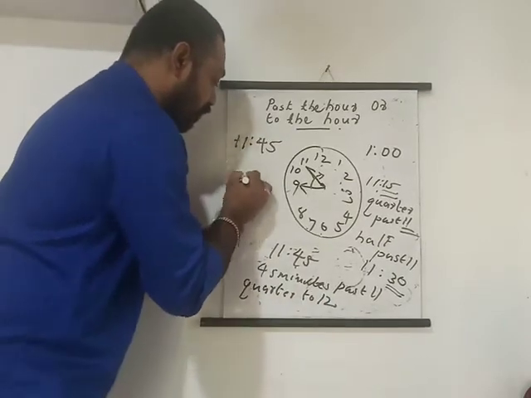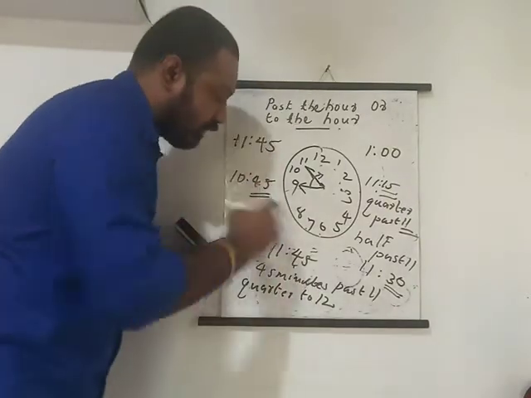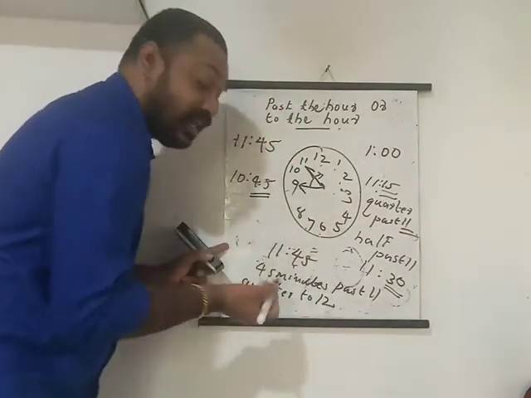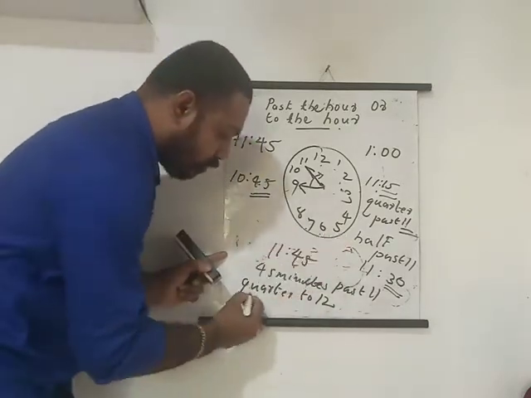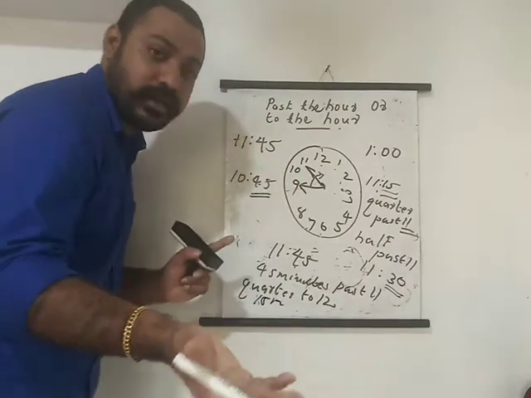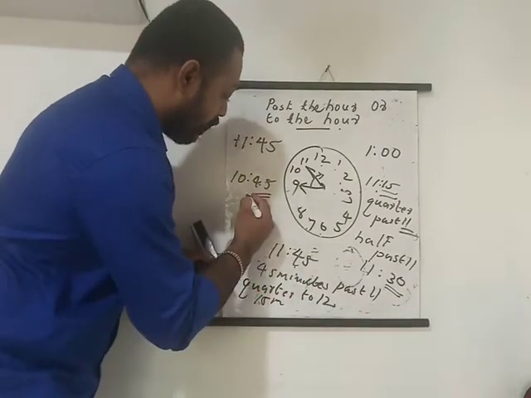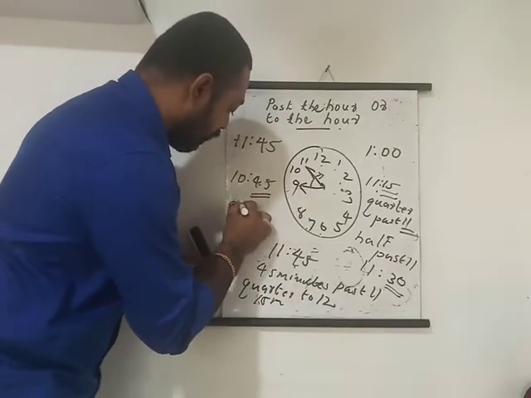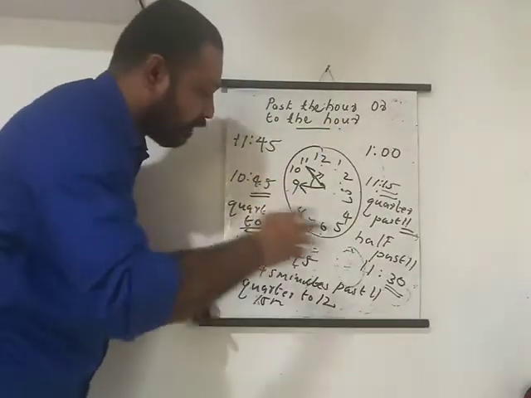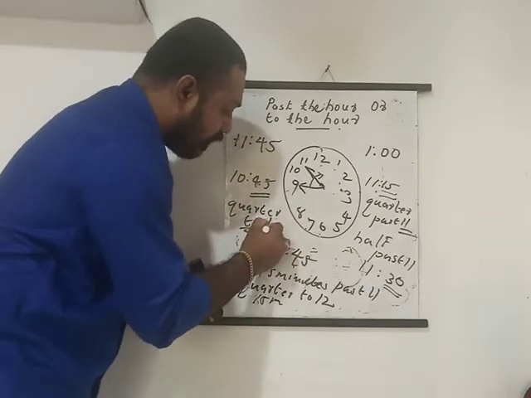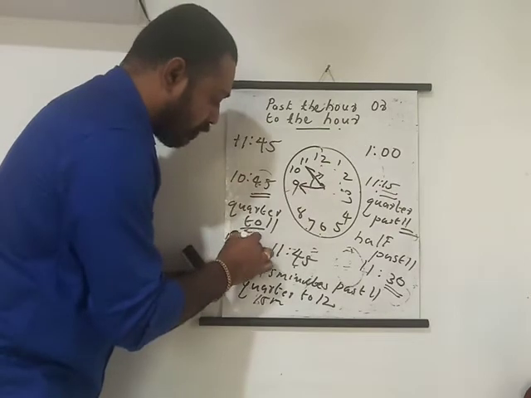What will 10:45 be? We can say that 45 minutes past 10. 45 minutes past 10 മണി കഴിഞ്ഞ് 45 മിനിറ്റ്. Or we can say quarter to, or 15 minutes to. Here quarter to 12 means we can say 15 minutes to 12. That is also correct. 15 minutes we will read as quarter, 30 minutes we will read as half. So here you can say quarter to, what is the next hour? Quarter to means you have to say the next hour. This is 10, so quarter to what? 11. Or how many minutes to 11? 15 minutes to 11. Many ways you can read.